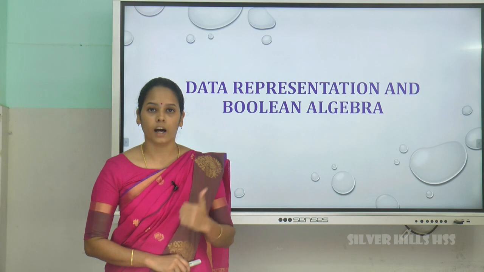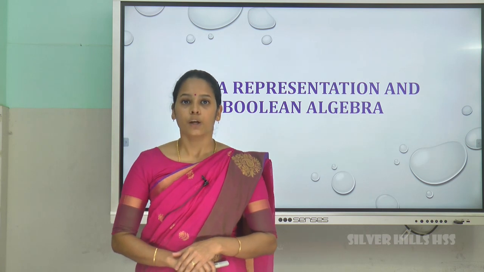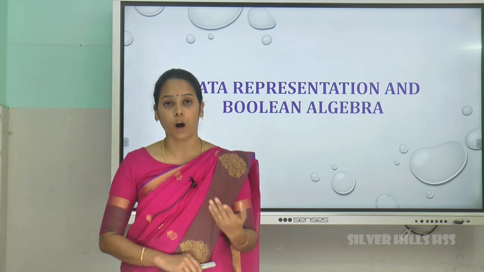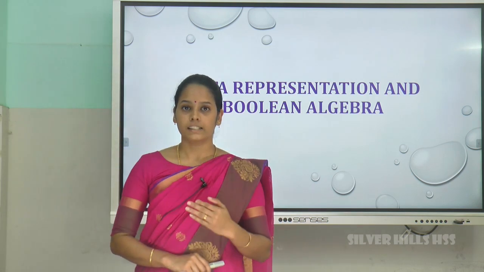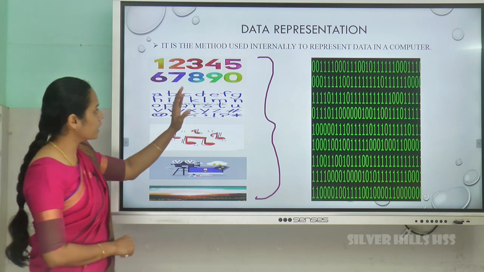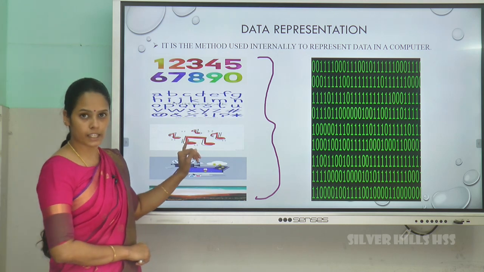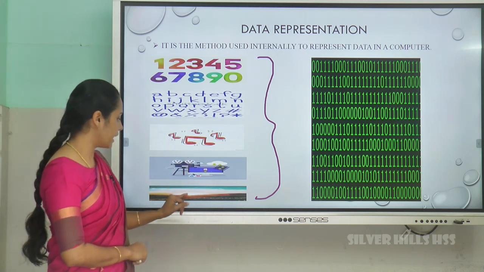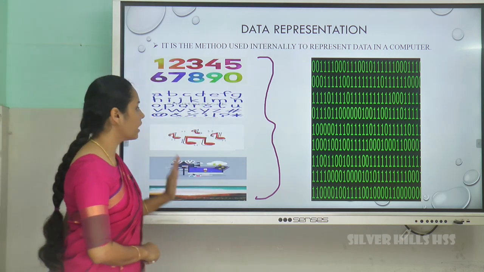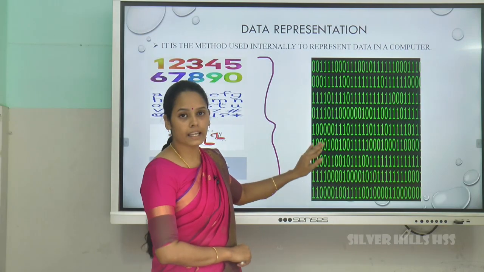So in this chapter we are going to learn the data representation methods. Data representation means the method used internally to represent the data. Before moving on to how to represent numbers inside the computer, let's see the different types of number systems. But before that, in this picture you can see some numbers, some alphabets, some symbols of music, that is audios, some videos and one image. If you give this data to the computer, all the data is transformed into the form of zeros and ones, and that is called binary data.